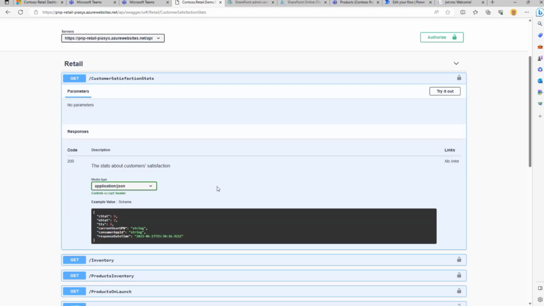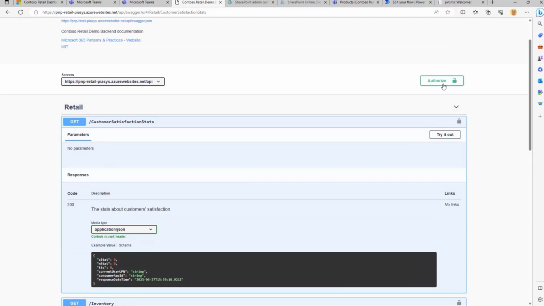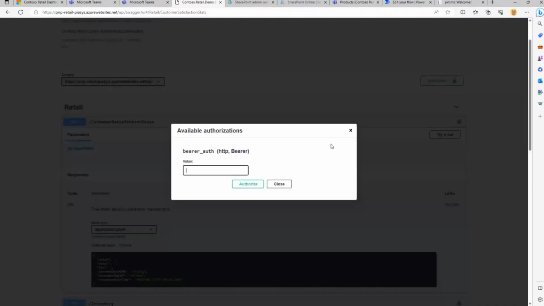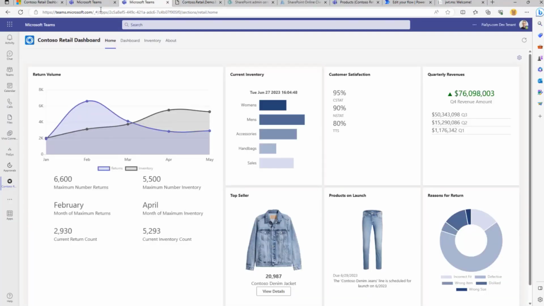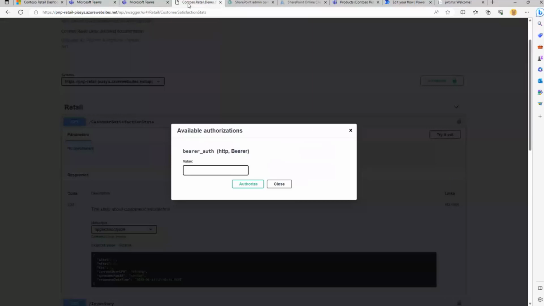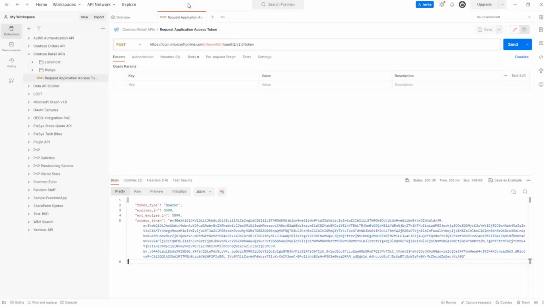In order to consume this API in a secure way, we need to provide a token. In fact, you can see in Swagger that we can click on the Authorize button and provide an access token, which will allow us to consume the API as it happens whenever we use it from Viva or from Teams. So let me do that briefly just to show you what's going on.